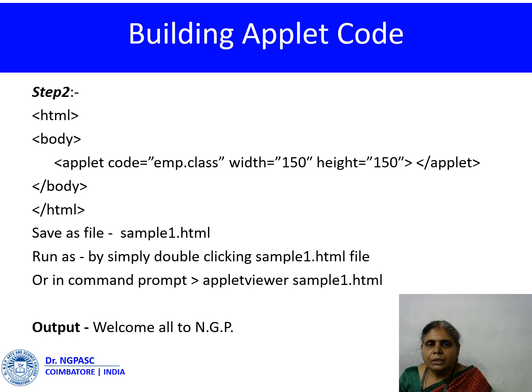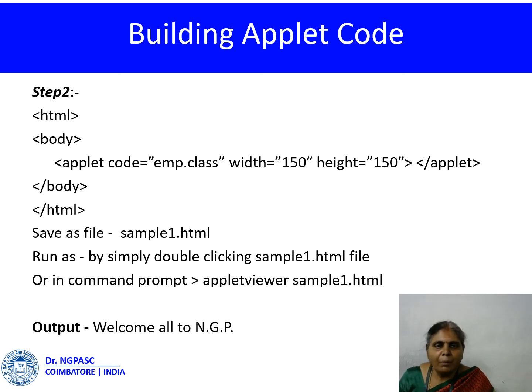As I told you, the first step is creating the applet in Java and then compiling that particular Java code so that it will become a byte code. So the bytecode is available to you in the name of filename.class. Actually the class name is the same as the file name, so it is filename.class.